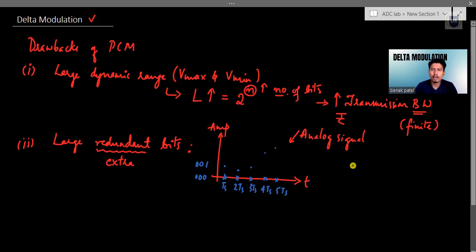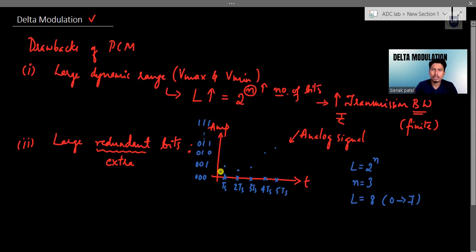Let's assume that I am making use of 3 bits to represent each sample, so the value of n is equal to 3. Because of that, the number of levels used is equal to 8. Its value starts from 0 and ends at 7. The starting value is 0, 0, 0, 0, 0, 1 followed by 0, 1, 0. The next value is 0, 1, 1, and likewise till 1, 1, 1.